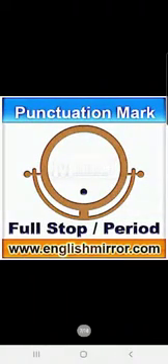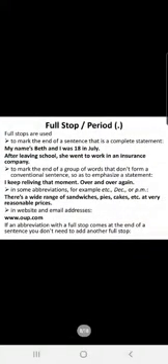Alright, let us start with full stop, children. This is how a full stop or a period looks like. A dot at the end of a sentence. Full stops are used to mark the end of a sentence that is a complete statement. Like, my name's Beth and I was 18 in July, full stop. After leaving school, she went to work in an insurance company, full stop.